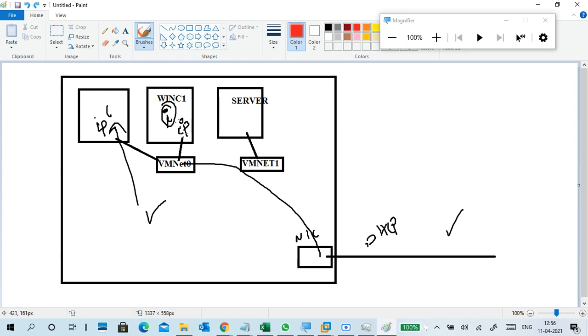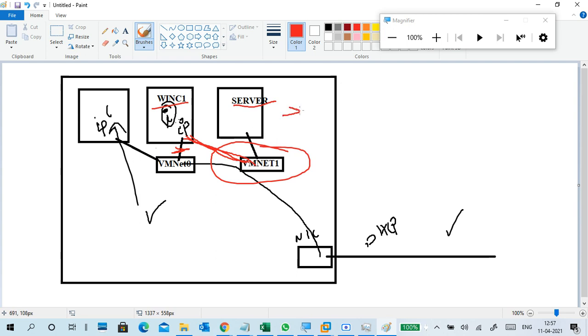We have to disconnect this one and connect it to VMnet 1. Understand? So tomorrow we'll do this. WinC1 will connect to VMnet 1, then you can see both are in the same network. So manually we have to configure it.